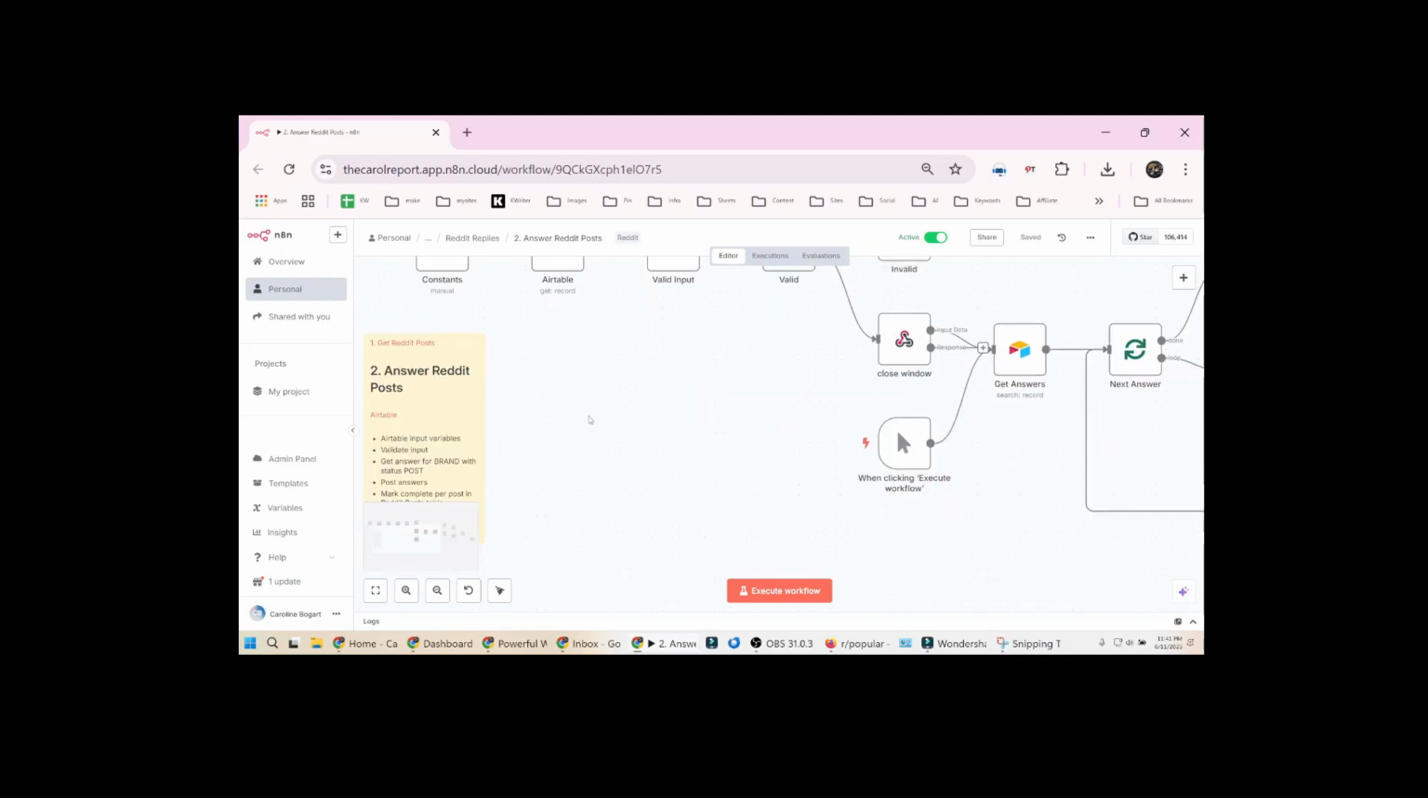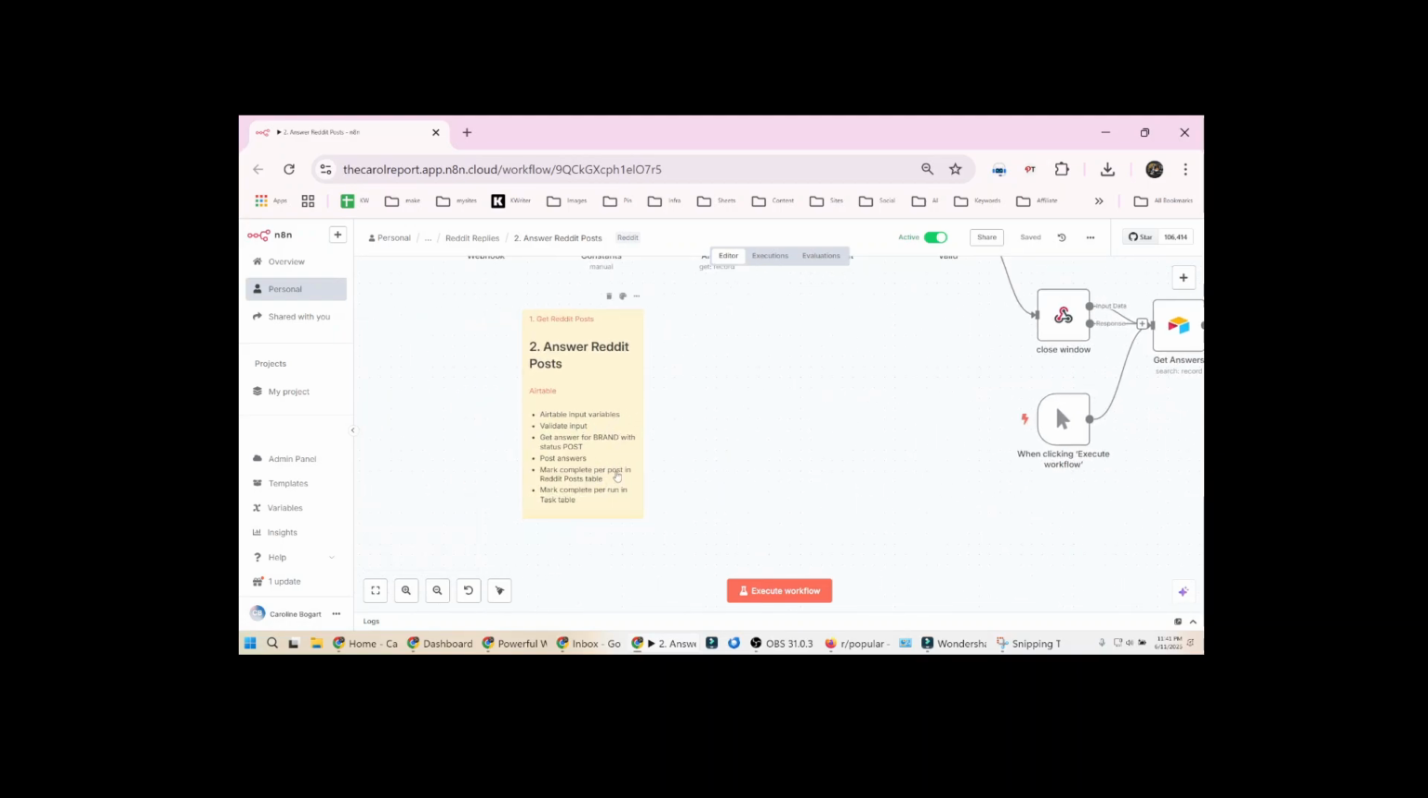This is the answer Reddit. You can see a summary here of what it does. It accepts the input from Airtable. It validates the input. Then it gets answers from the answer column from the Reddit posts table, where the brand is equal to the brand that we sent and the status is post. Then we post the answers according to the Reddit ID of the conversation. We mark the status of the answer as posted,